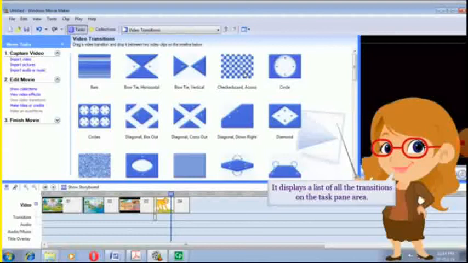First, what you have to do, you have to select View Video Transition. Can you see the option? Select that. The transition effects can be viewed on the content pane. To select the transition, click on the required transition effect. Drag and drop in between the two images or video clips in the timeline. Can you see the timeline? It is dropped between the two images or video clips in the timeline. Like this only, we can add video transition to the clip.